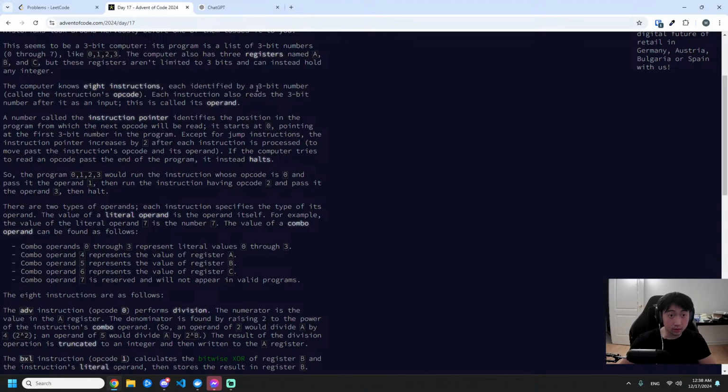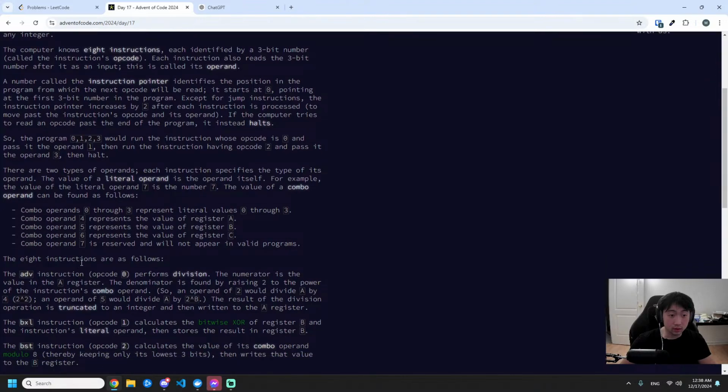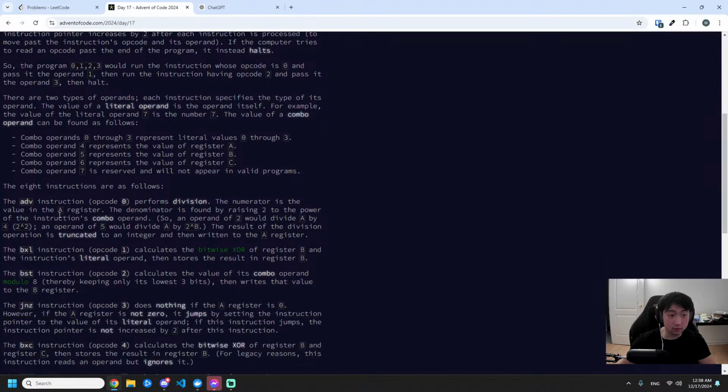Wait. Each identified by a 3-bit number called the instruction opcode. So 3-bit is 0 to 7. Okay, so these are the opcodes. The 8 instructions are as follows. The advanced instruction, opcode 0,